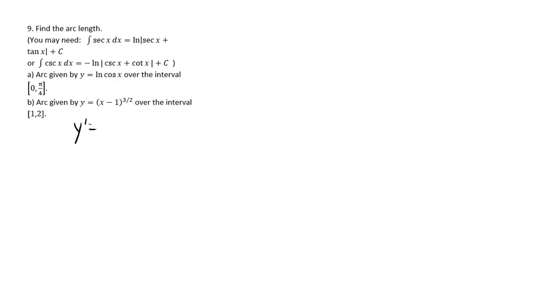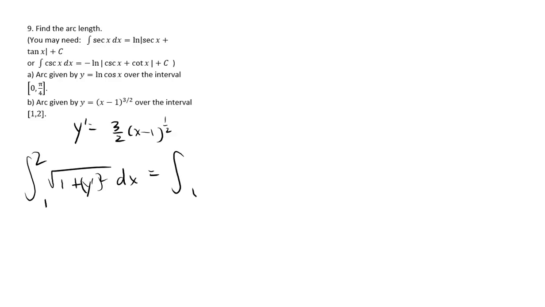y prime would be 3 over 2 comes down, and then you subtract 1 off of that, so it's this negative 1. 3 over 2 minus 1 is 1/2. Therefore, when you do the integral of square root of 1 plus y prime squared dx from 1 to 2, that's going to give me the integral from 1 to 2 of square root of 1 plus 3 over 2 x minus 1 1/2, and you have to square this,